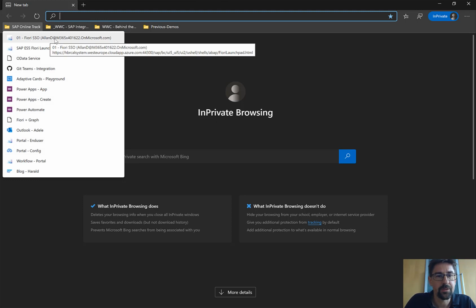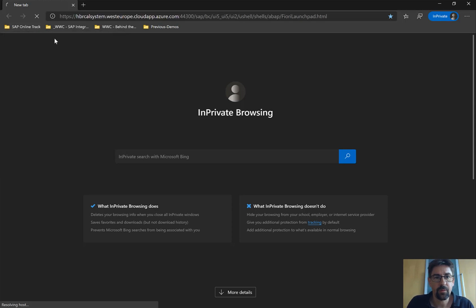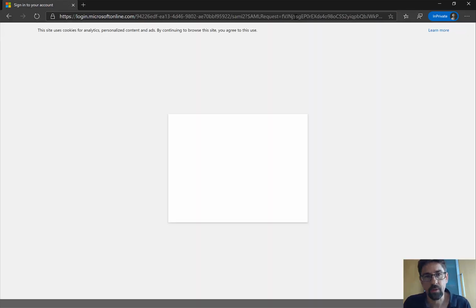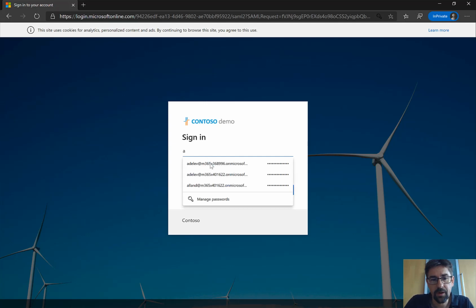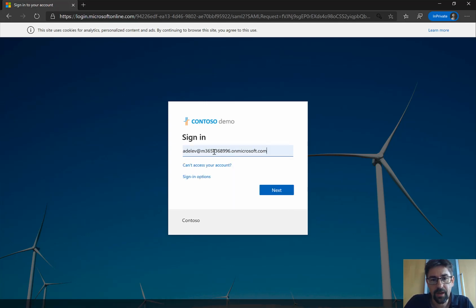calling my SAP system. So you can see I'm calling the Fiori Launchpad deployed on my Cloud Appliance Library. And when I do this, you can see here's the URL, or you quickly saw the URL of the Fiori Launchpad, but I have configured the system so that it's redirecting to Azure Active Directory. So I just need to enter now my Azure Active Directory user. So this is my Outlook user or whatever.